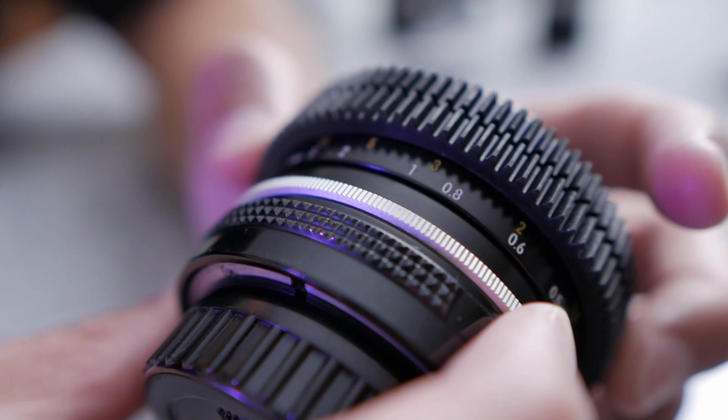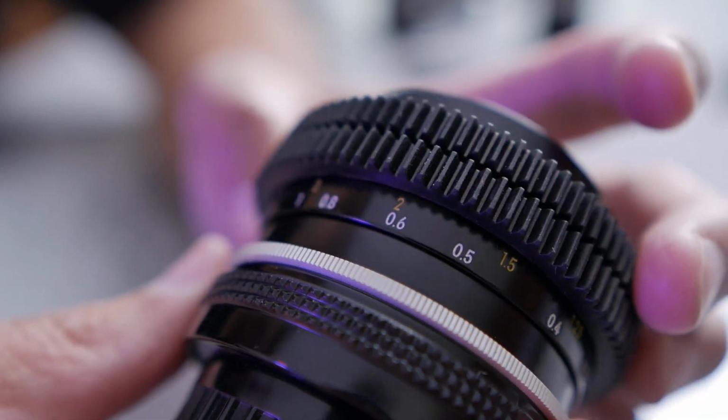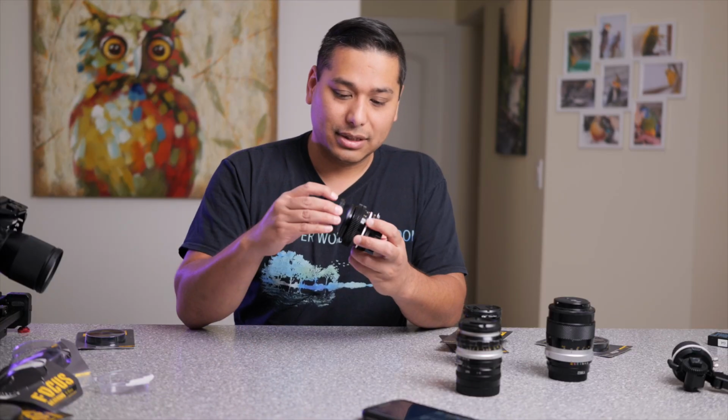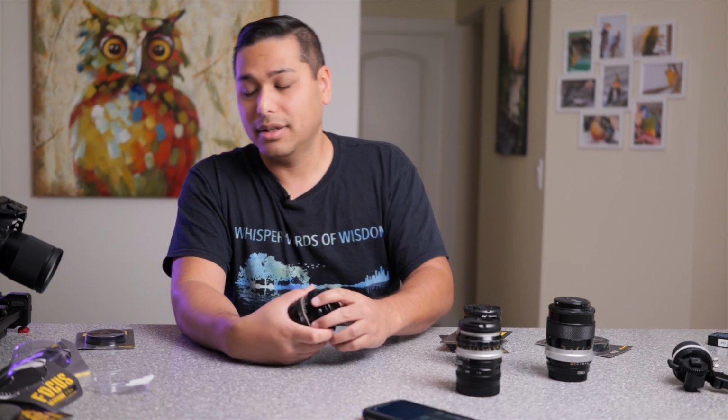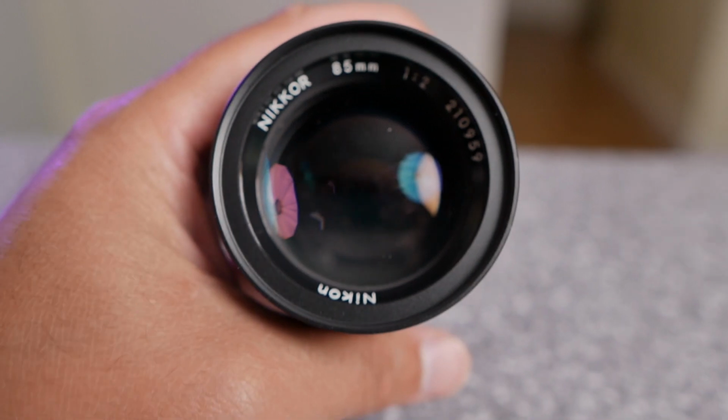These AI lenses, they have the 52 millimeter ring on it. So I just get the cheap Amazon step-up rings and use my 58 ND filter on those. The 85